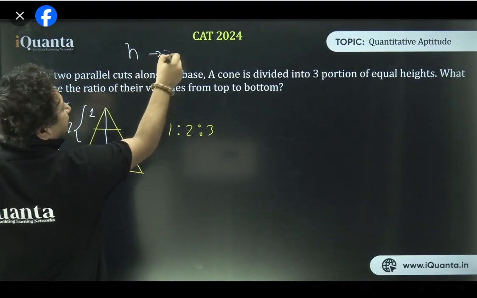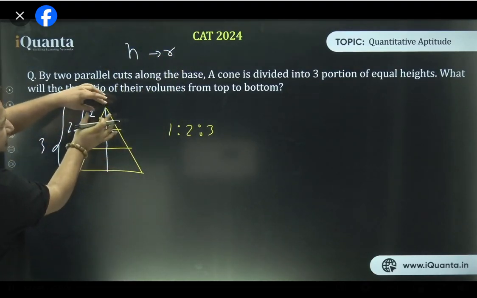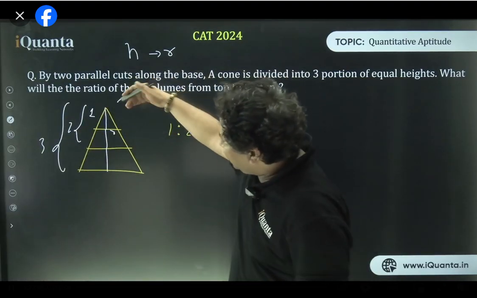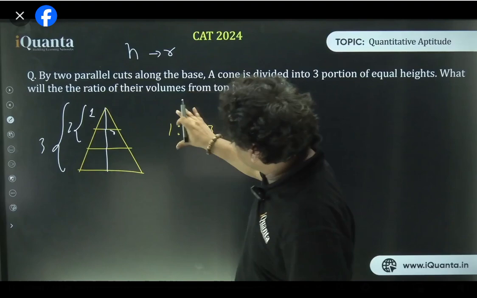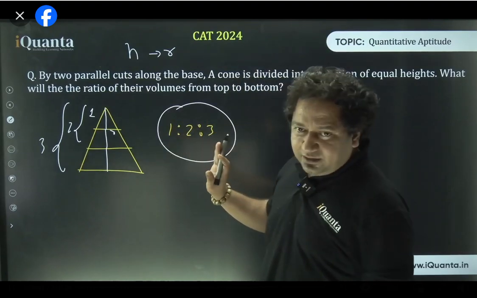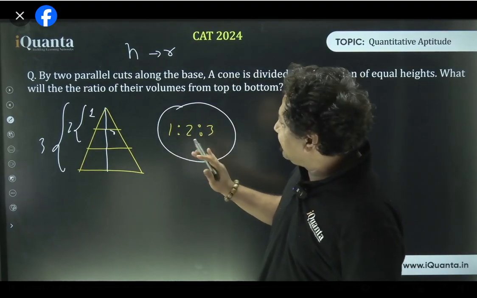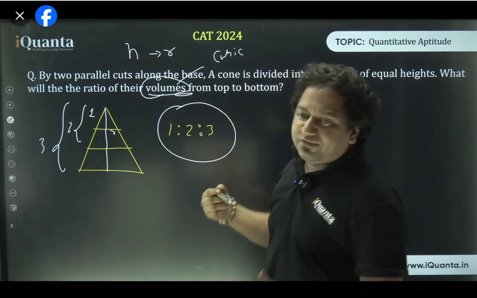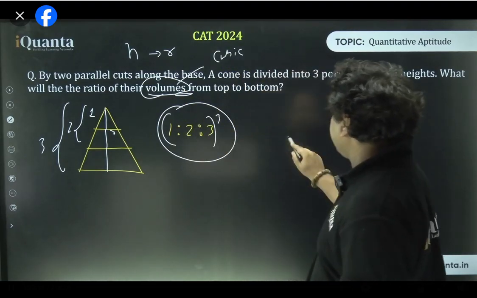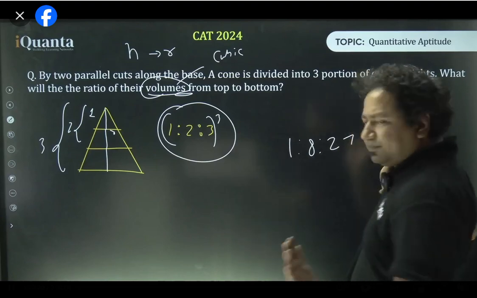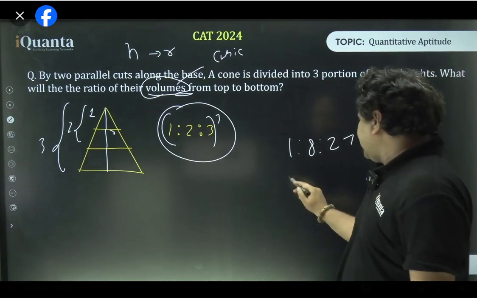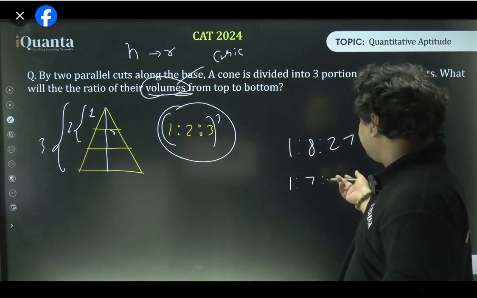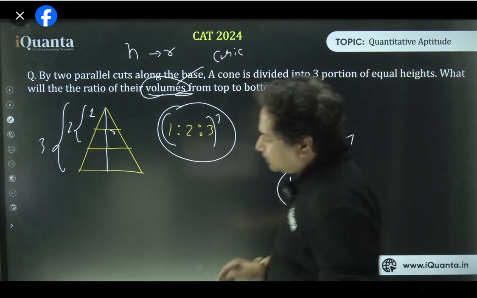behaving similar to radius. यहाँ पे height रखो या radius रखो, कोई भी चीज़ similarly behave कर रही होगी. The same ratio. So scale is same. So if any of the lines, any of the parameters has the same ratio, and this is clear, 1:2:3 in single dimension. We want to find the ratio of the volumes. What is volume? Volume is always in 3 dimensions. So let's take cube of it, and we got the ratio directly. That is 1:8:27. That's it. And after that, we have to subtract. You know that 8 minus 1 is 7, and then you have 27 minus 9 is 18. We got the answer. Is that clear?